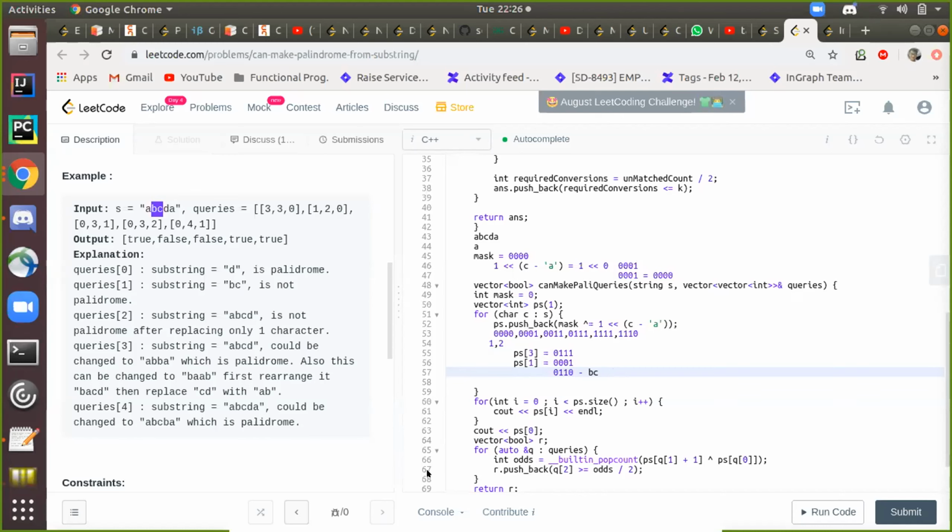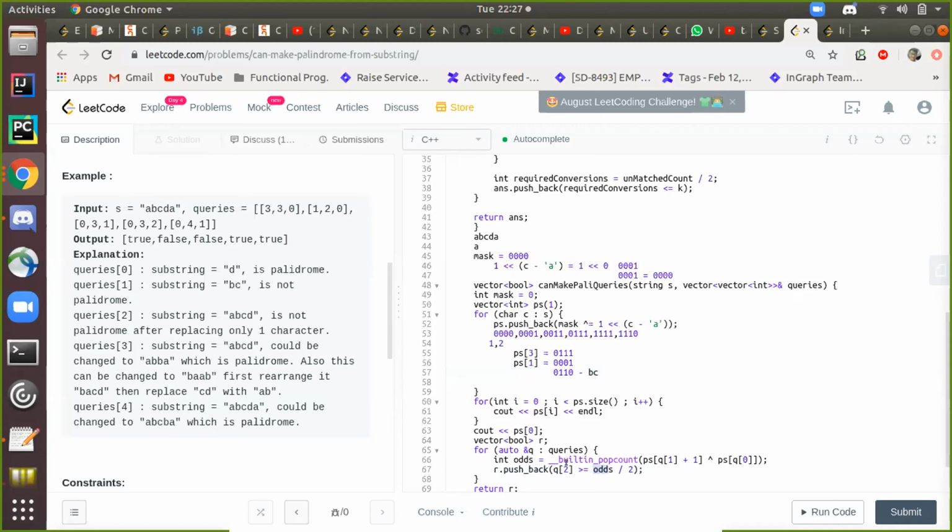Okay, and what is XORing doing here? We are using XOR 2 times, but still it is O of n only. The other approach, which Dilip and I presented, was 26 cross n. This is just O of n. And here, at line 67, if we have this value, it's the same thing.